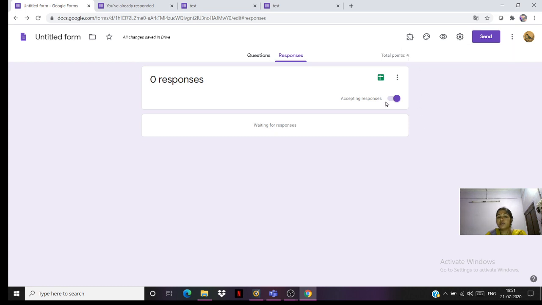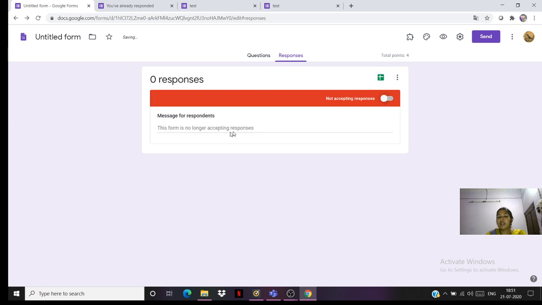The other way is, suppose we have started the test at 9 o'clock. Now we want the test to be closed by 10 o'clock. So we will click on this, and automatically it will not accept any more responses. Now we want to see the child's response. I'll show you the form which I have already made so that it is better understood.